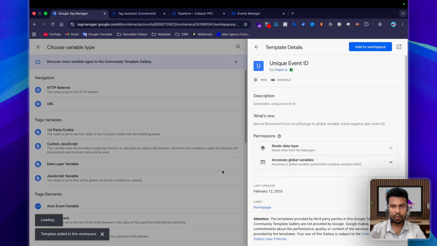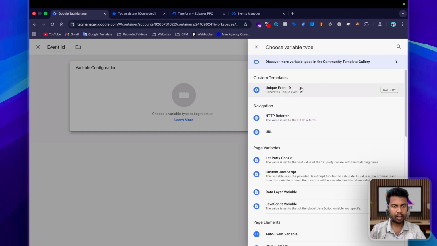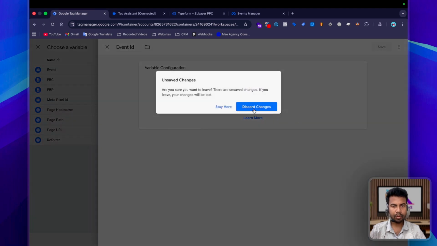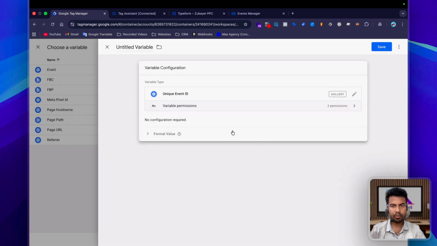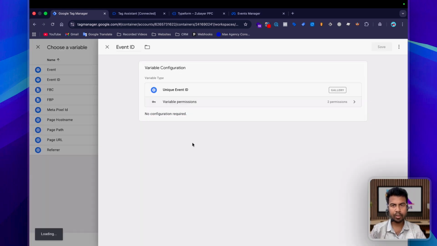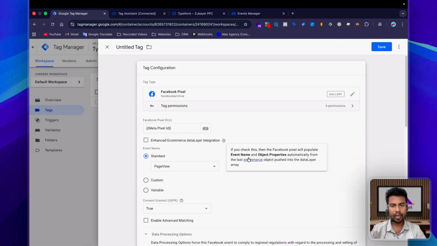Then add it, and we need to wait a little bit to see it in the variable. I cannot see it right now. Oh, right now I can see it. So unique event ID, but I need to go here again. I think this one, unique event ID, and it is event ID. It will help the Meta Pixel and conversion API to deduplicate the data, and using this tag we will send